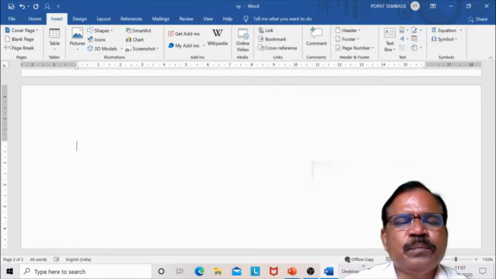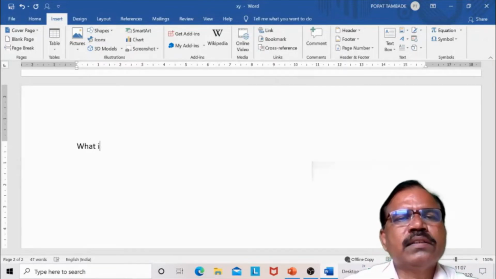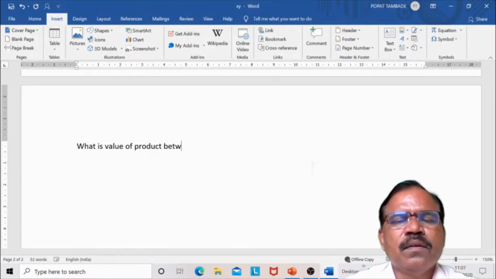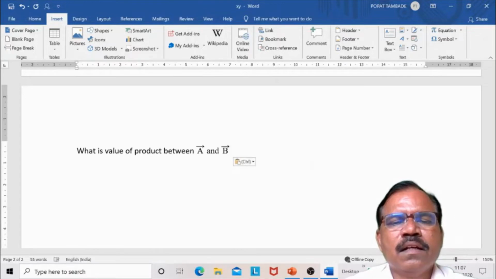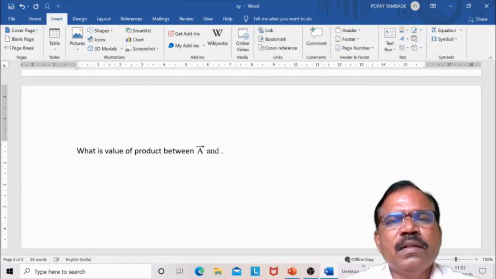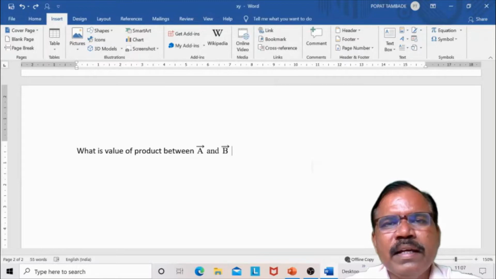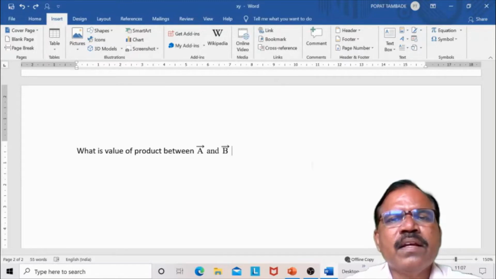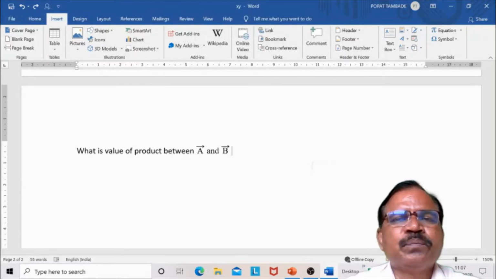So suppose what is the value of the product between A and B, and I will give the vectors A and B. So how to type A vector, how to type B vector, here I will explain to you.